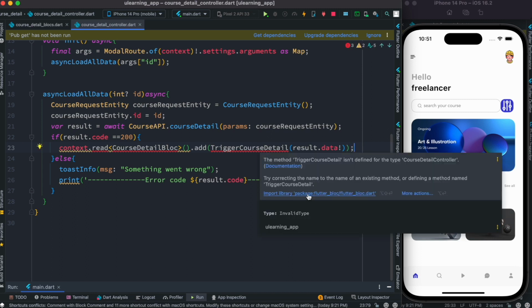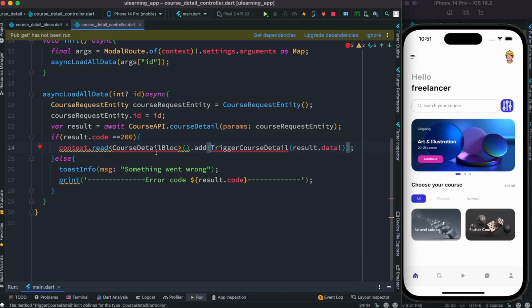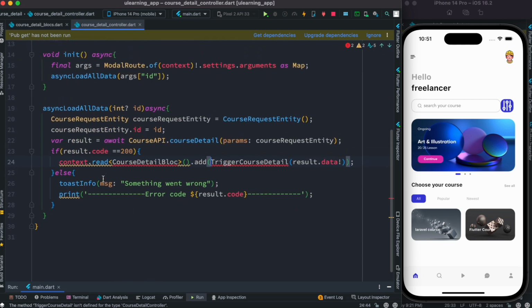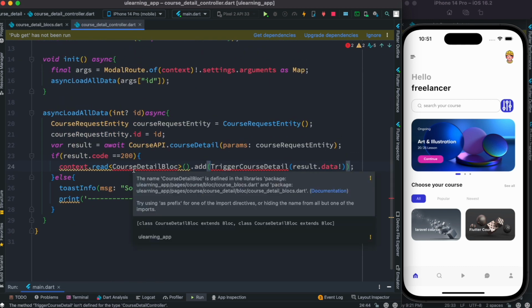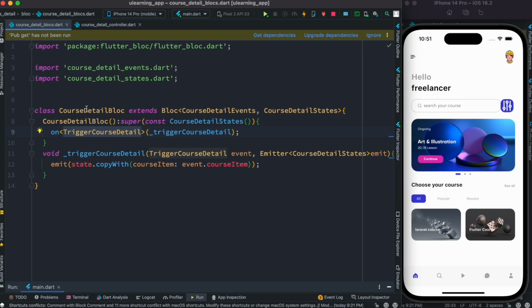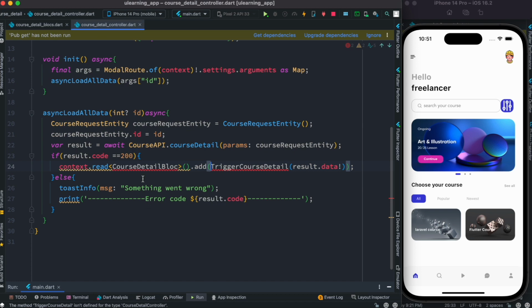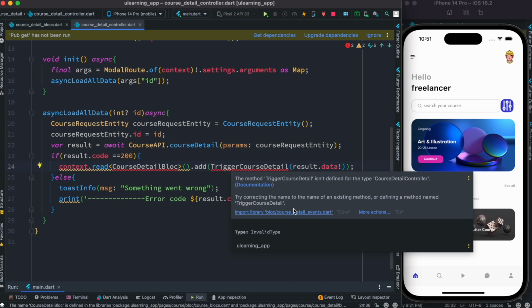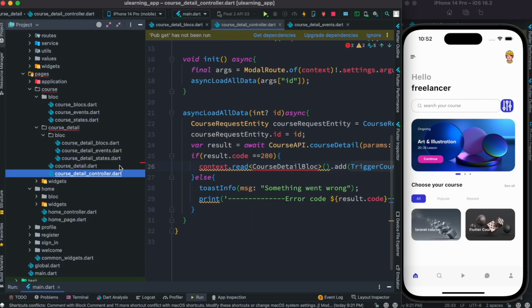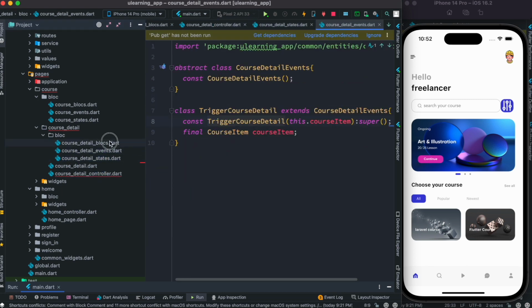It looks like we need to import for a block. It is not defined in the packages. Let me come over here. It is not defined in the course detail block, is actually defined. Course detail block, course detail events, and okay, let me open up all these three and make sure that